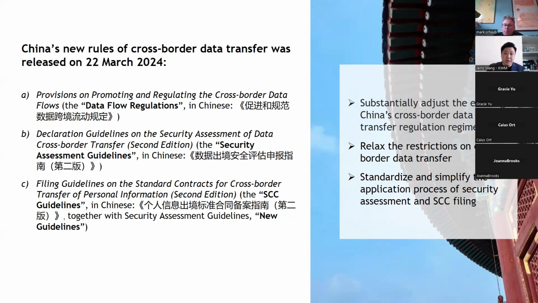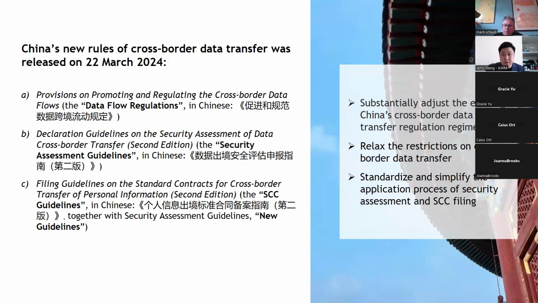So the agreement part is easy, but in practice the difficult part is always the self-assessment on the transfer. It's called the PI assessment or self-assessment, but it's generally the same document that requires companies who export data from China to set out all the details about the transfer. For the security assessment, we are talking about a 200 or 300 page Chinese-language report. Once this report is submitted to CAC, they will review it line by line, word by word. And in practice, it's not rare that